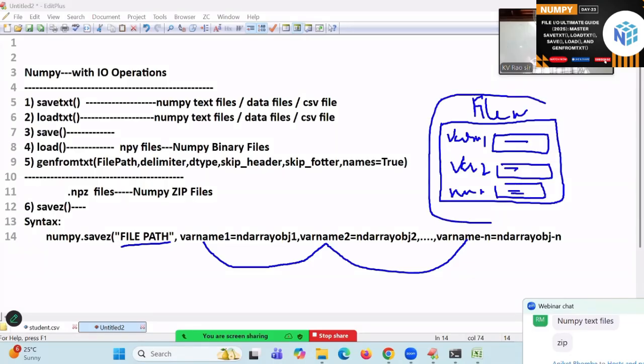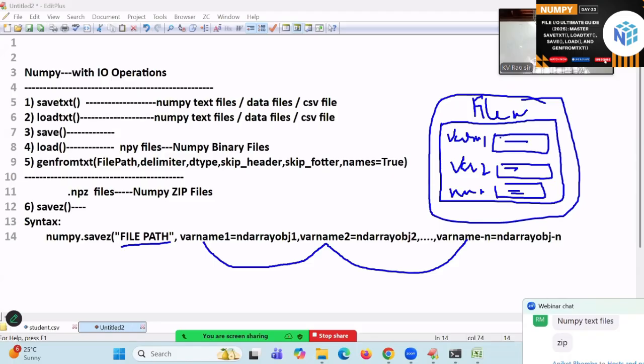This is the picture of my file in secondary memory. Files reside in which memory? Secondary memory. Are you getting me? So in my file, there are keys and values. The values are ND array objects, and all keys are like identifiers, like a dictionary contains keys. My file will contain like that.